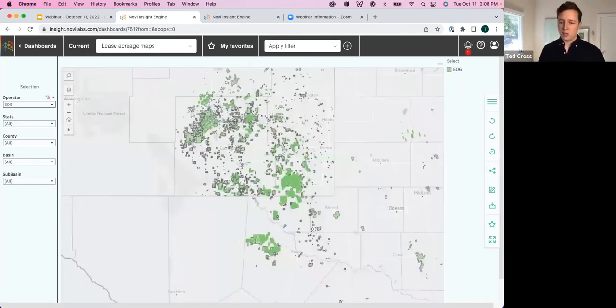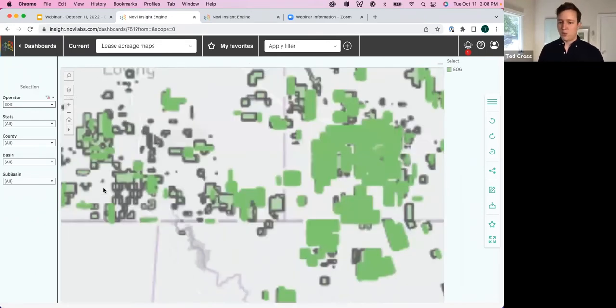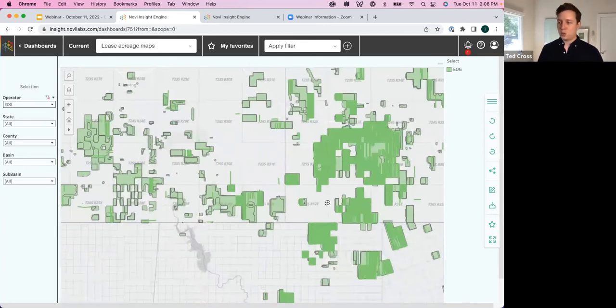So you see the polygons on the map here are the digitized shapefiles for EOG, and then we're also showing their well sticks on the map as well. So this is the southwestern corner of Lea County, extremely prolific area, one of the best pieces of shale acreage in the world, actually. And you see EOG's been drilling that like crazy, but some of the other stuff that's a little bit further away has barely been developed at all. So that's an interesting, quick little observation you can make there, just at the high level.